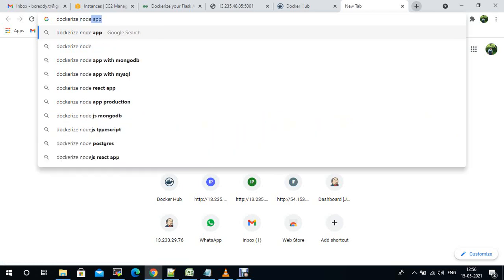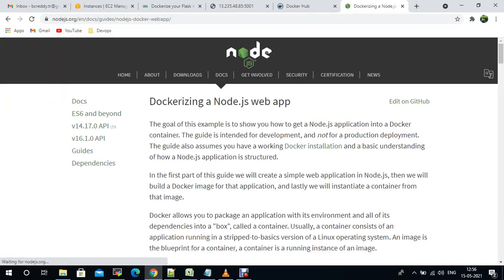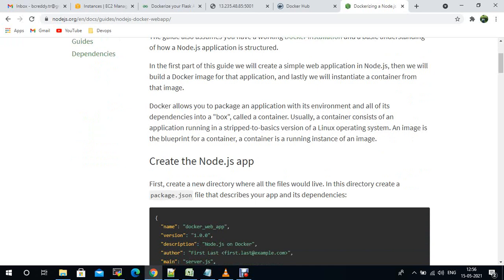Dockerize Node.js app. So as I said, we need to create a directory and package.json.